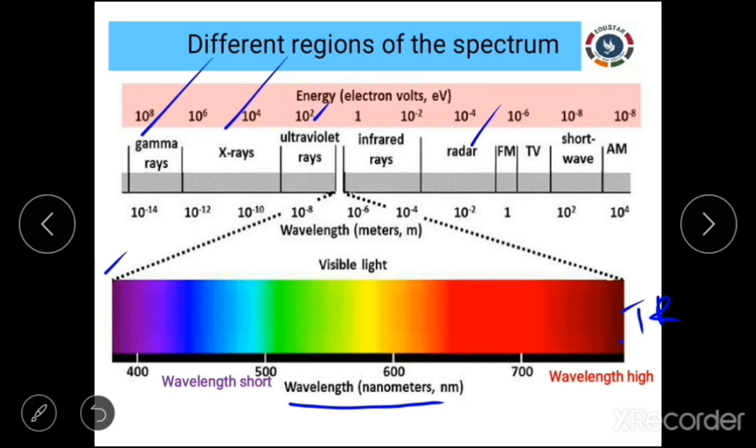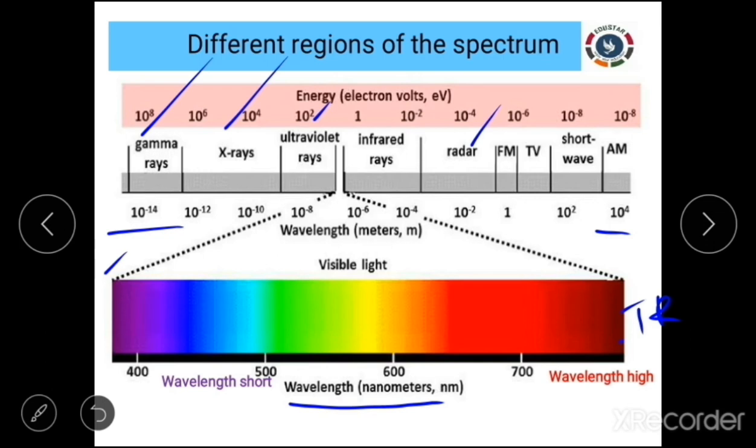Okay, so I am not an expert in memorizing the figures, but I can help you with some tricks to memorize the wavelength. This is the wavelength of the radio waves. It starts from 10 to the power of 4. Just subtract 2 in the powers, and you will reach 10 to the power of minus 14. It will be helpful to memorize the wavelength of the different radiations. Any problems can be asked in this region, so you may be familiar with this.